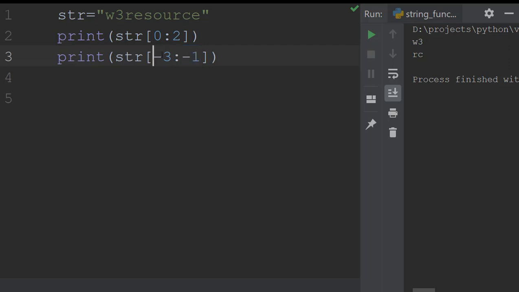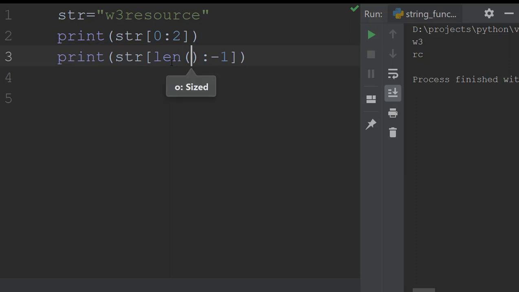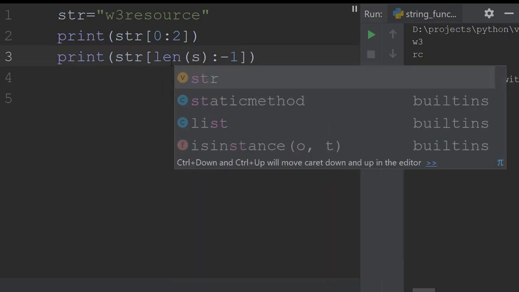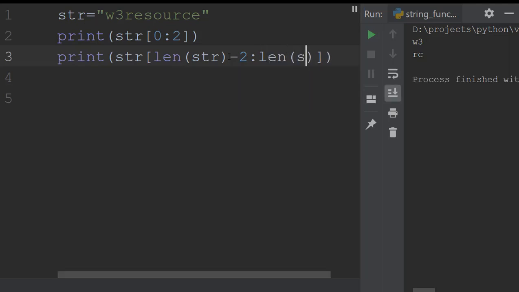So what we are going to do is we will be using a length function. Okay, so length of str, that will be the complete length. And if we reduce it by 2, and let the end be length of str, then see what I'm getting, CE.